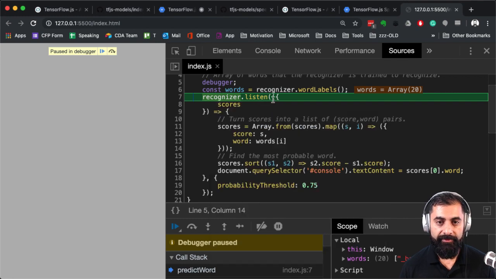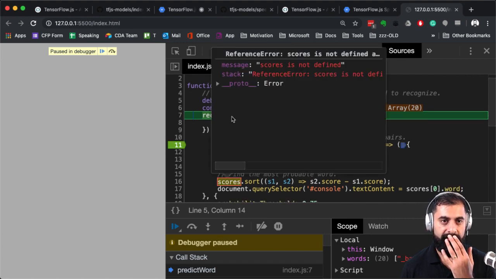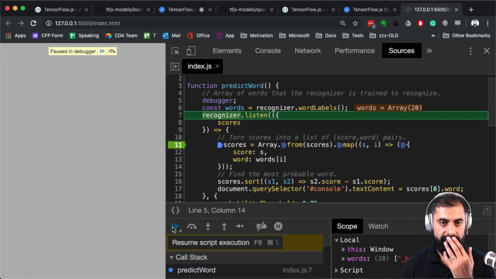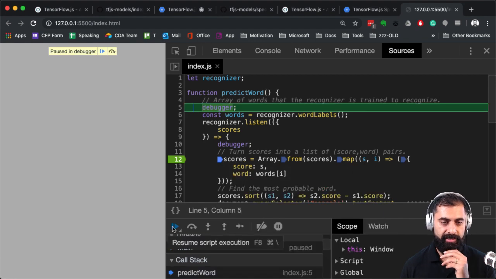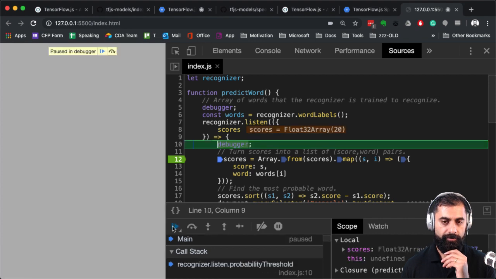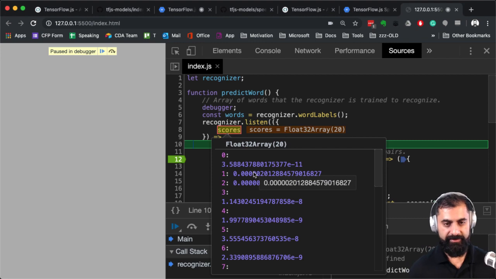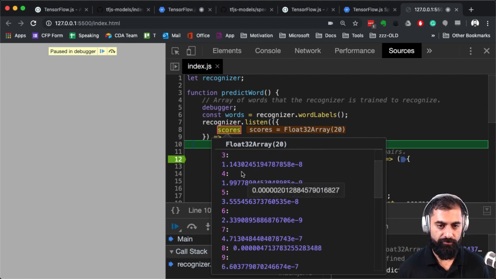And then I imagine every now and again, oh, where's my second debugger? It's not there. I'm going to drop a debugger there, and I'm going to hit run. Okay, it's done it again. Now let's do it again. Hello? 1. Okay, so something's happened. I'm going to look at scores. There you see what it's generated.